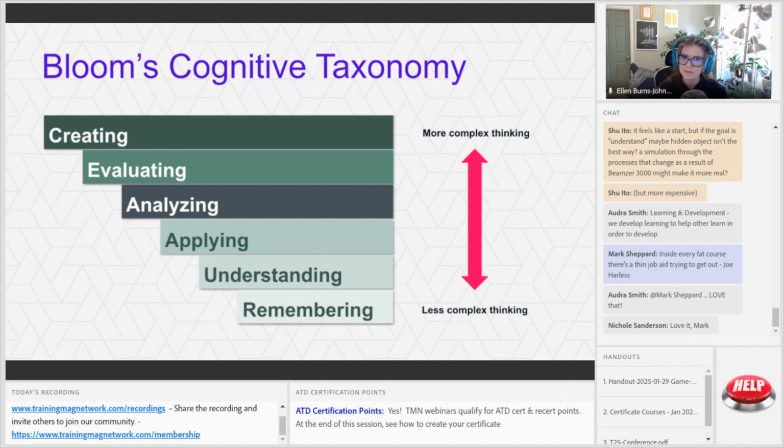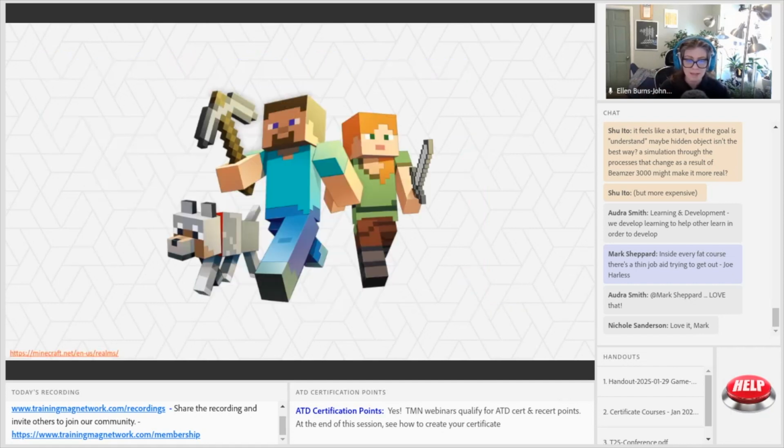There's a lot of debate, I think, to be had about how accurate that is. Again, we're using this because it gives us useful language. It's a nice, useful heuristic as part of this process. Okay, so again, I think to illustrate this, to kind of go through this journey from remembering all the way